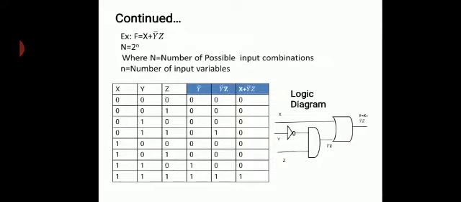The logic diagram shows first that there are three variables x, y, z. First, x goes into the OR symbol. Next is y not, since a complement is there, y not and z go into the AND symbol, and that output goes to the OR symbol. We have to draw the expression.